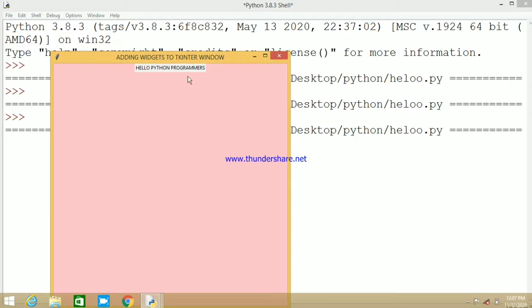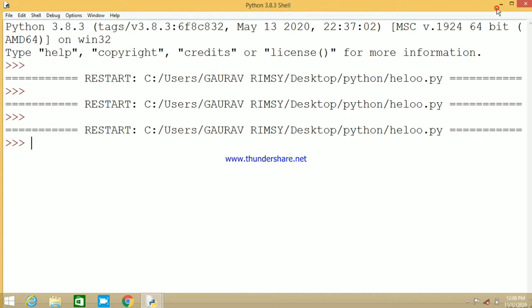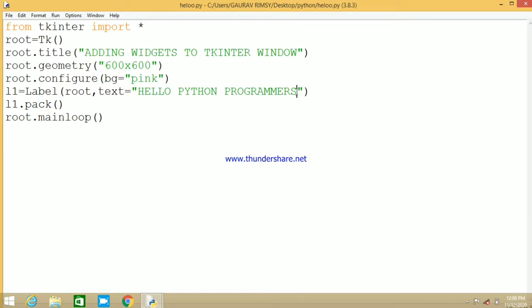We can set the font style of this label, and we can set the font size also. So how can we do that? Let me show you. Here you can do font equal to, suppose I want to set the Times font, equal to Times, and I want to set the size and then bold.